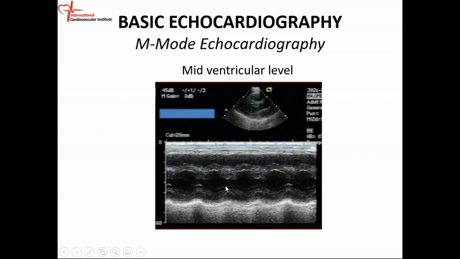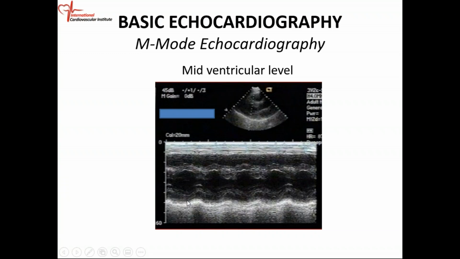Again, blood is black, so that is why what's inside here is black. Tissues have different shades of gray. Okay, this here is your posterior wall. So it's your posterior wall. In diastole, the posterior wall moves away from the septum. So because the LV cavity fills, the walls are separated.